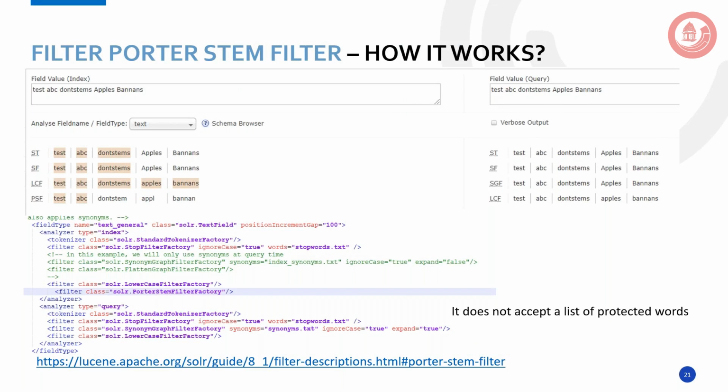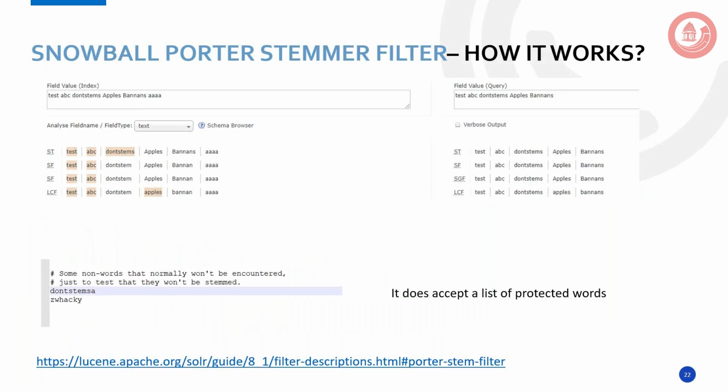It basically stems a few words. I won't go deep into that. Again, the snowball, again it will stem, but it doesn't accept any protected word. So it's used to stem the word. In this example, you can see test, ABC, don, stream, apple, banana, something like that. It stems that word.